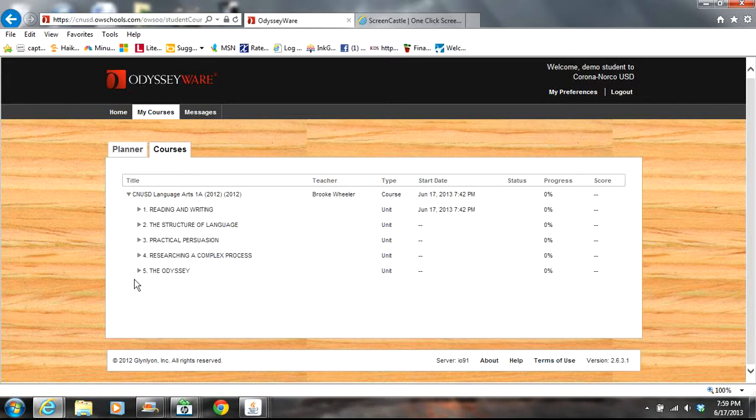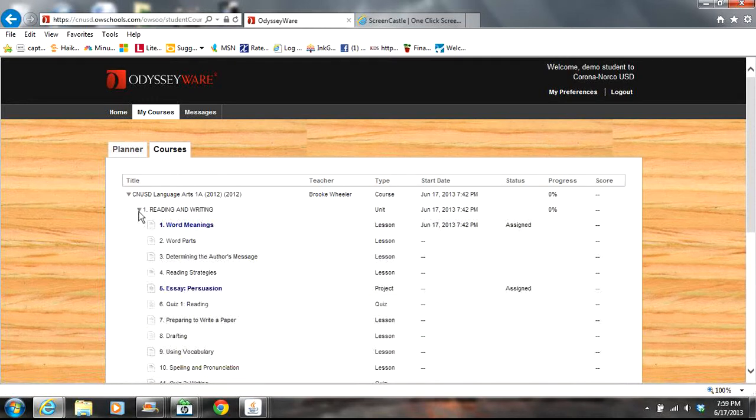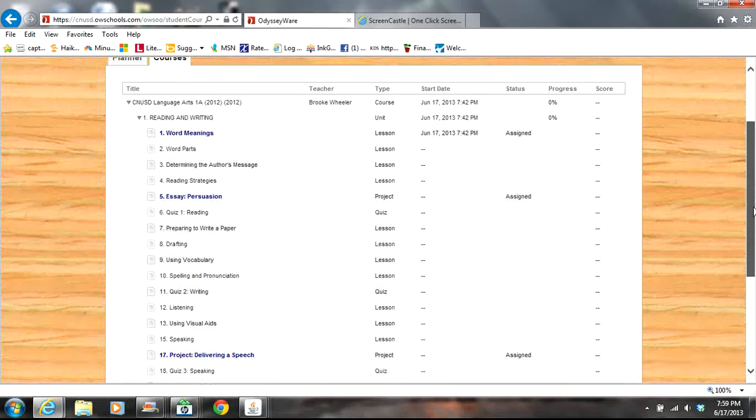The number of assignments within those units is probably shorter than the number of assignments in a course that only has 5. Then you can also open up these triangles and see your individual assignments within the unit. You're going to want to start with number 1 and work your way through and go in order. Anything that's in blue, you can actually go ahead and start working on, but I recommend that you still go in order. You can actually start working on this essay, but you're not going to know some of the information from these other units that you might need to work on this essay.